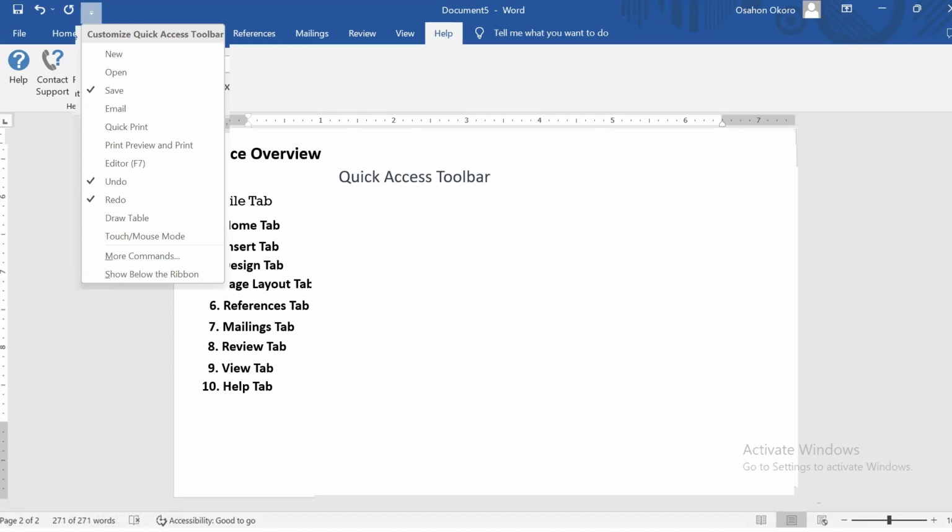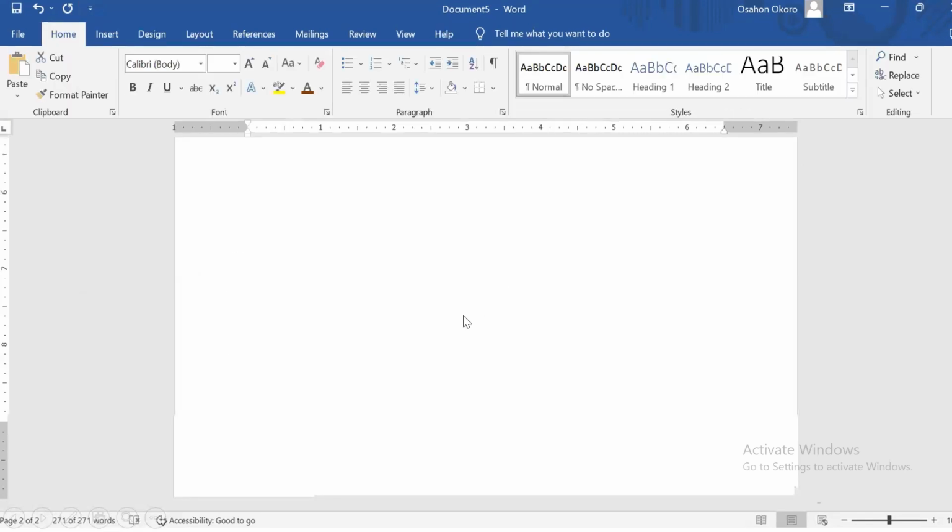So it has a toolbar. When you come up here, just above File and Home, and click on it, you will see it there and it will open all these things to you. Now, the first thing we need to take note of is our interface, which is the Word interface. This is what you are going to face when you come. What you have here is your ruler. I've explained the ribbon and everything that is in the ribbon. Then you will see a blinking cursor, whereby if you type any character on your keyboard, it appears there, and you start working.